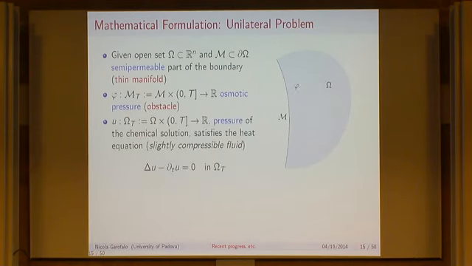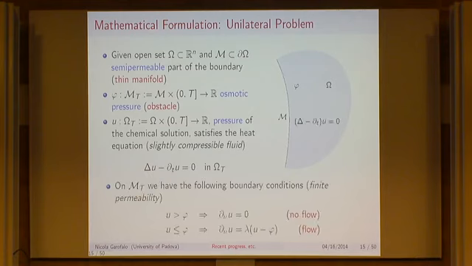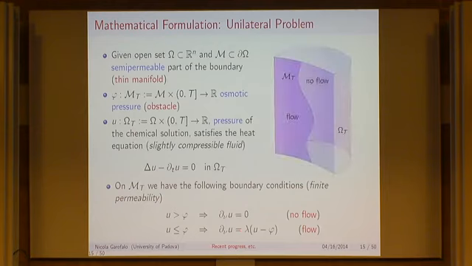And then the pressure of the chemical solution, the solution, satisfies the heat equation. On M Cartesian (0,T), we have the following boundary conditions, which are the condition of finite permeability. When u is above the obstacle, then there is no flow. And when u is less than or equal to the obstacle, then you have this condition here for a certain parameter lambda. Now, as you let this parameter go to infinity,